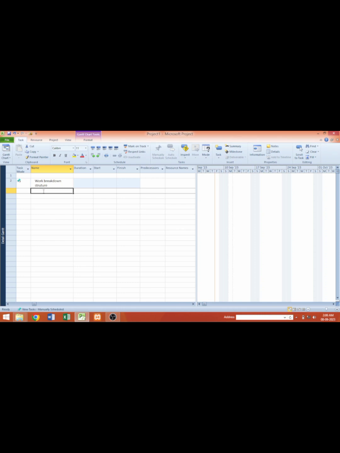For instance, if we are doing a program for, let's say, cooking and event management. Let's say you're a caterer and you have to manage an event. So how are you going to ensure successful planning and implementation of the event? First of all, you need to prepare. You need to go to the market to get your cooking items, prepare the food, take it to the venue, and decorate the venue. So we start by